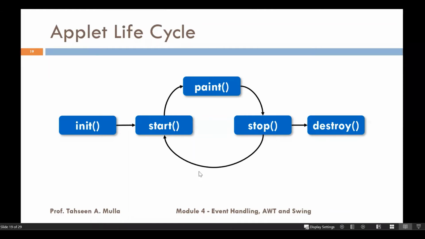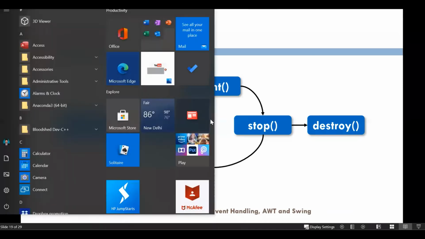You can stop it and start it again and again, but once you use this destroy method, the entire component, the entire objects and variables related to that initialized applet will be totally flushed away from the memory. If you want to start that applet again, you have to initialize it again, that is load it into the memory, and then move through this process again. So just a small overview to see how it can be implemented.